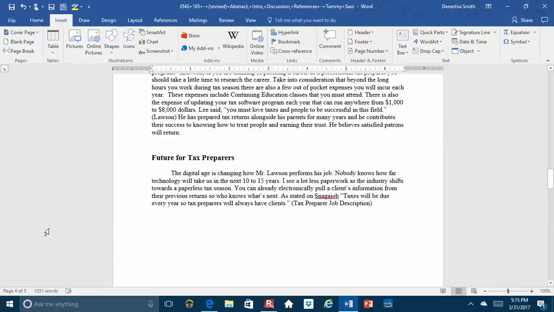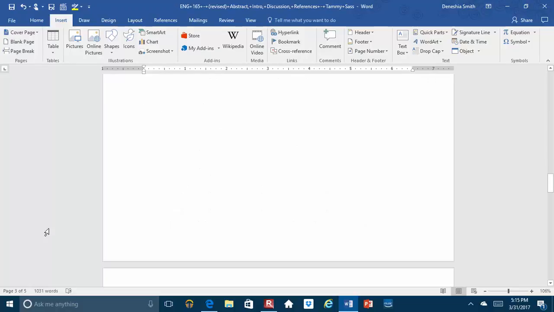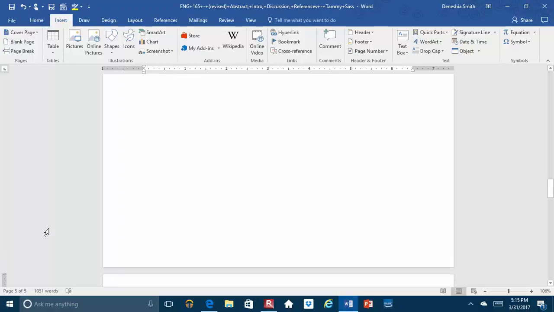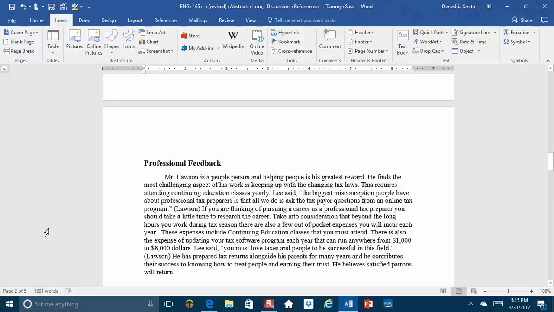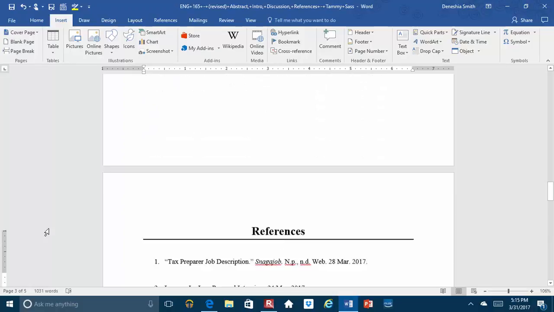With the information you can add about his company or about the place where he works, you should be able to get to those 2 pages that you need to meet the length requirement. That, and adding in what you've observed. So you should be able to get to 2 pages if you do those two things.